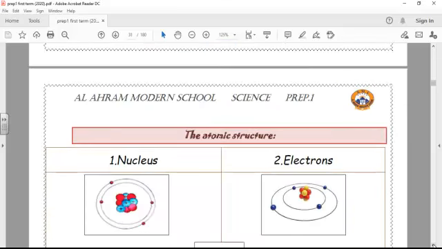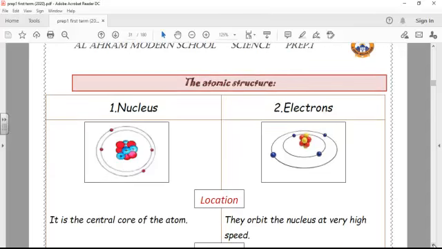Now, what is inside the atom? The scientists studied what is inside the atom. It's nearly like the solar system. The solar system consists of the sun in the middle, which is surrounded by the 8 planets. Here it's nearly the same. Inside the atom, the very, very important part in the middle of the atom, we